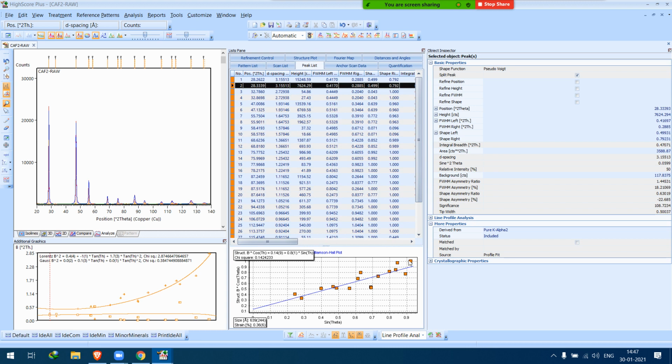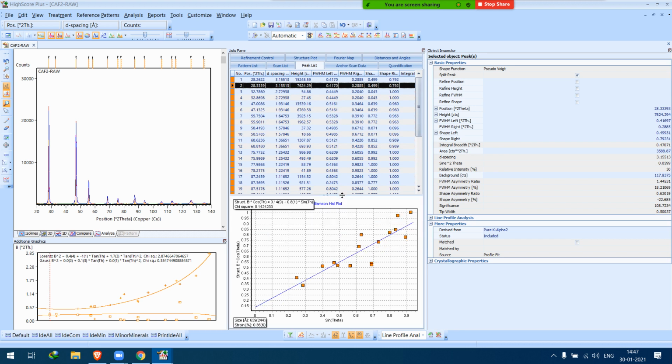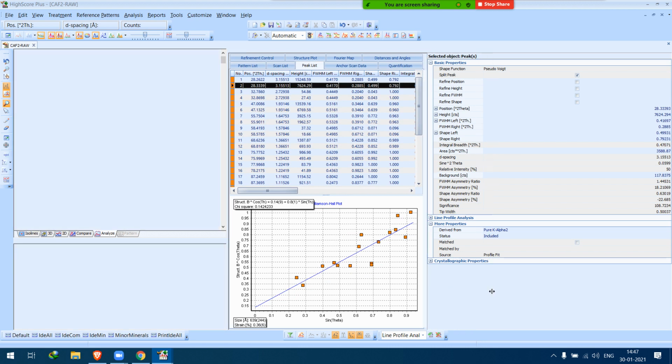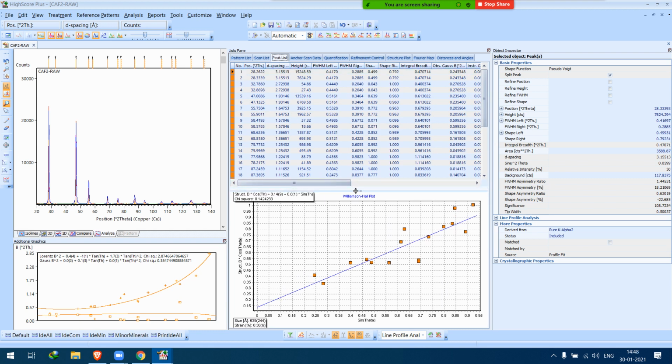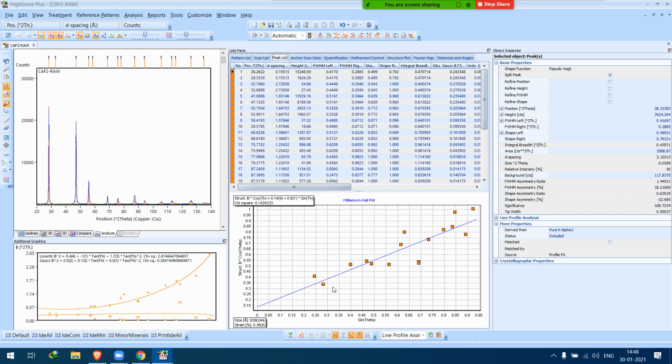There is the peak list. Now this graphics is showing the plot for the Williamson Hall plot. Once you switch the desktop, under the peak list this graphic should pop up. It shows the graph between b cos theta and sin theta, and the information about the size is here.